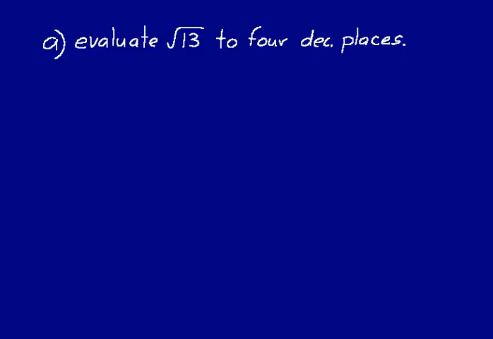It depends on the type of calculator that you have. Sometimes you'll type in 13 and then find your square root button, a little radical sign, and punch that button and it'll give you the square root of that number. Or you might do the square root sign first, like most graphing calculators, then type in the number, hit enter, and you get your answer. So the square root of 13 to 4 decimal places would equal